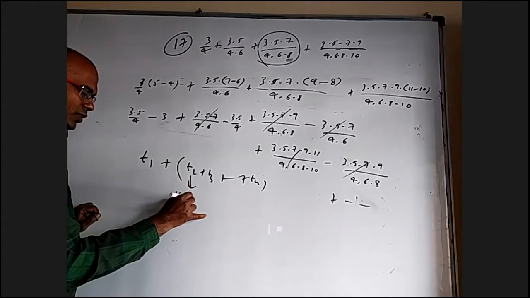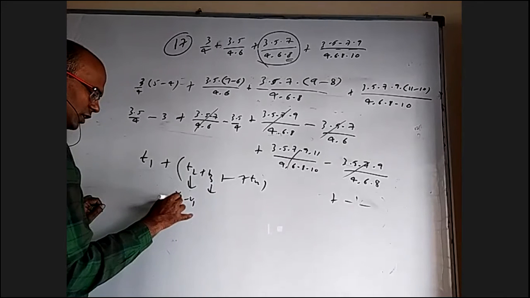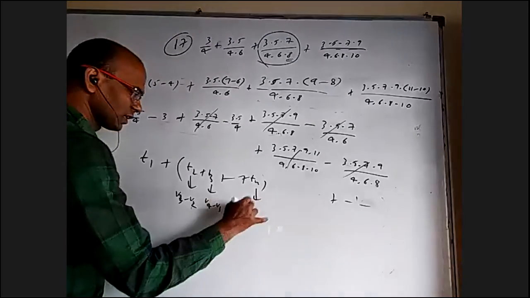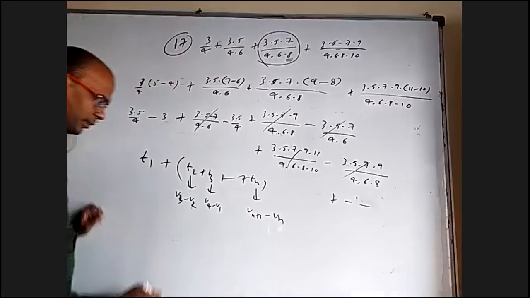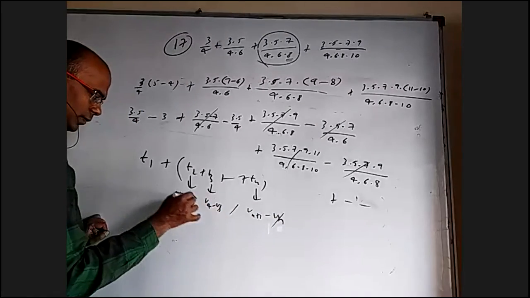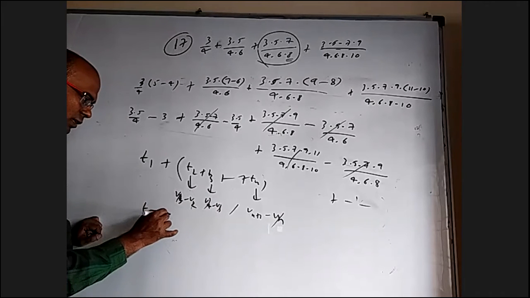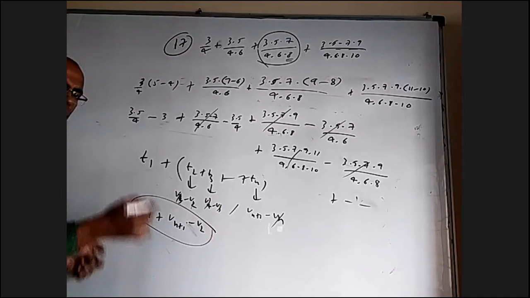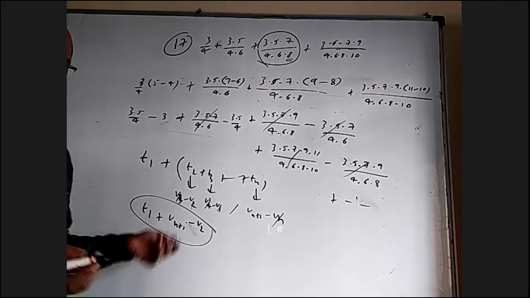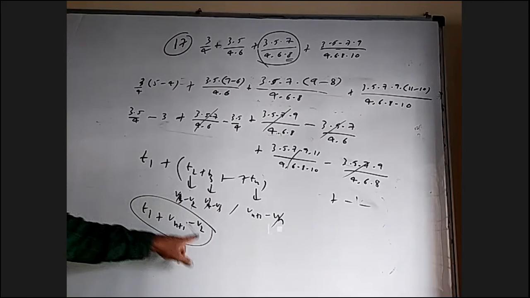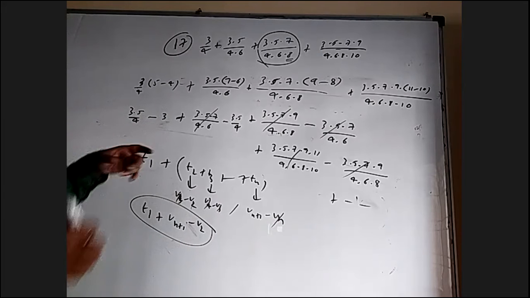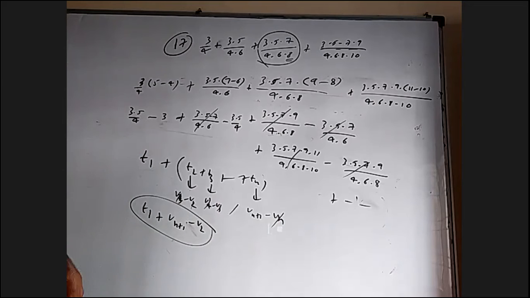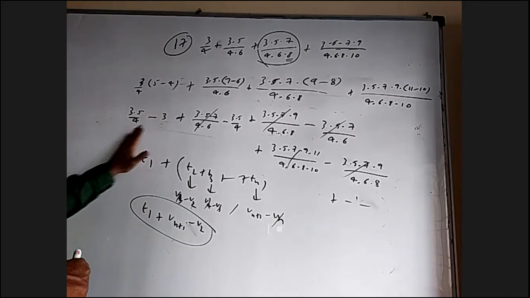T2 you are going to get some V2 minus V1, T3 you are going to get V3 minus V2, depending on the question. Tn you are going to get Vn plus 1 minus Vn. When you cancel all of them, you will be left with T1 plus Vn plus 1 minus V2. That will be the answer. If you want, you can simplify these two together based on the numbers. Because when T1 comes into the picture here, the V1 which you are taking may not come exactly as this number, because we should have the previous number of the AP, which we don't have at the denominator. That is the problem.